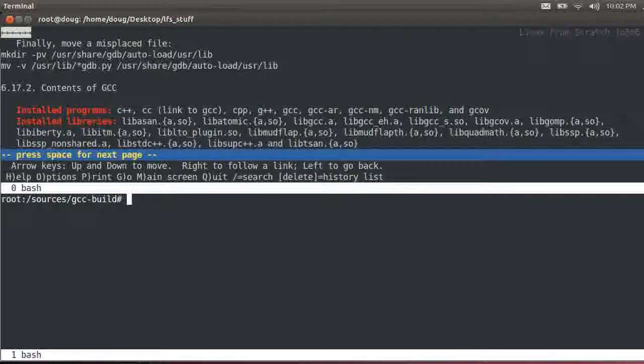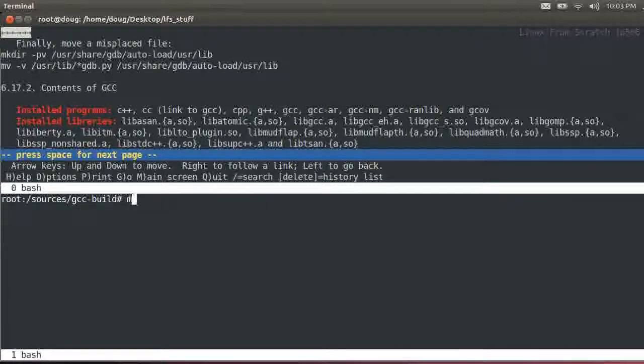Finally, move a misplaced file, it says here. So let's make directory -pv /usr/share/gdb/auto-load/usr/lib.